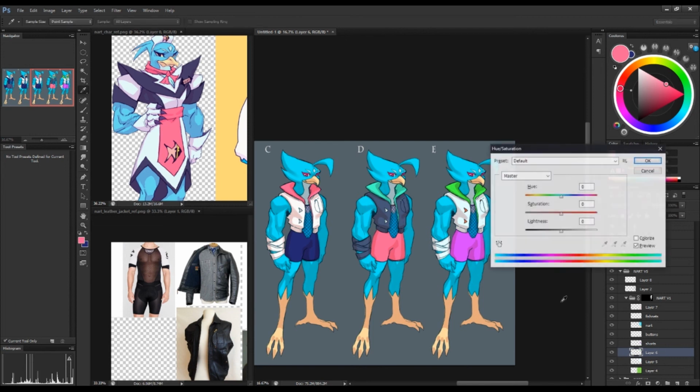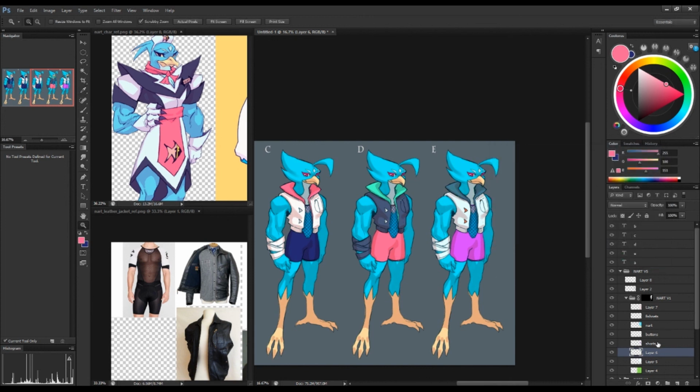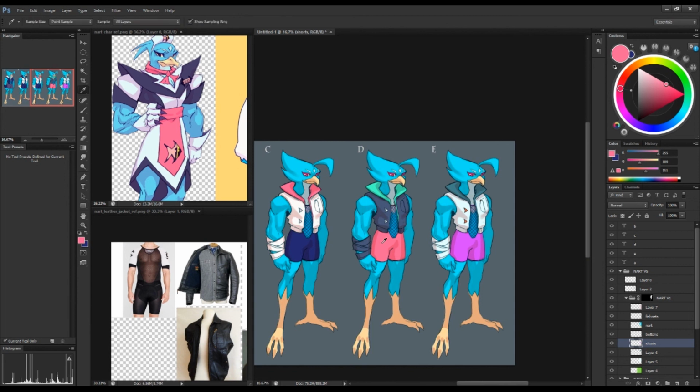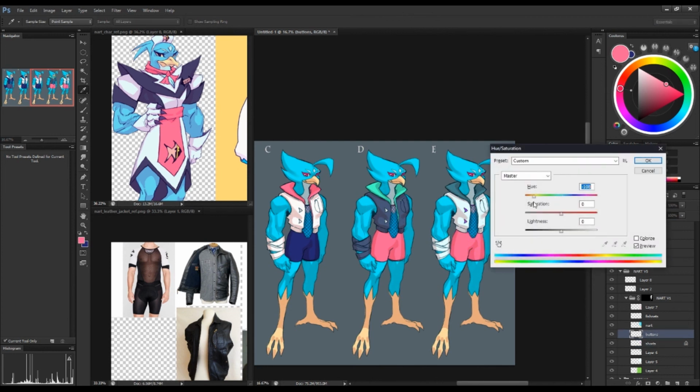And then that's pretty cool. Okay. And for the shorts, actually I'm just gonna pick this color again for the shorts. And for the buttons,